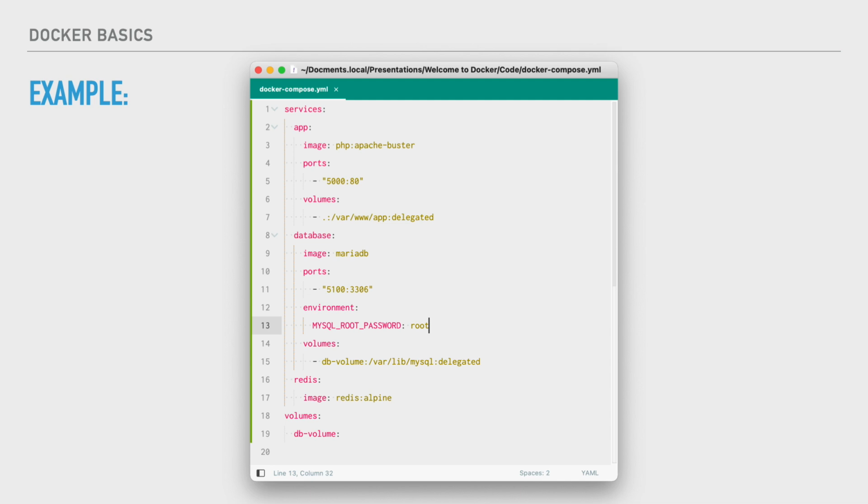A Docker Compose file needs an array of services. Each key in this array defines a container. For instance, I've used a key named app to define my primary application container. For the app, I'm using a vanilla PHP image, but this could be any image that suits your app's needs. For the purposes of development and this demo, I'm doing some port mapping. Here I'm telling Docker that when I access my machine's local host on port 5000, map that to port 80